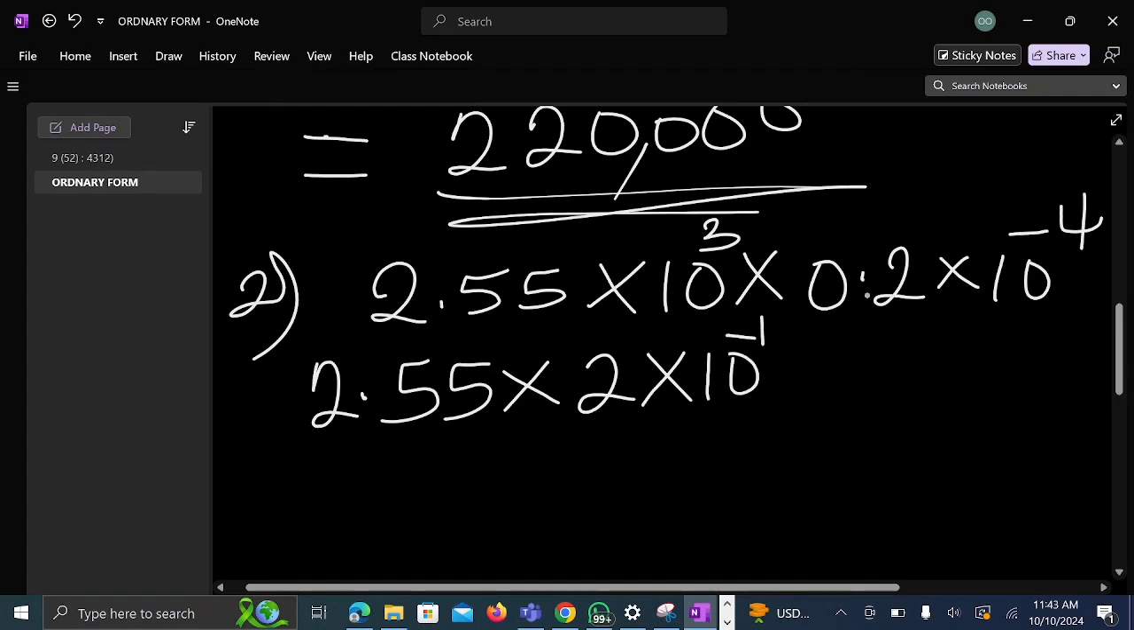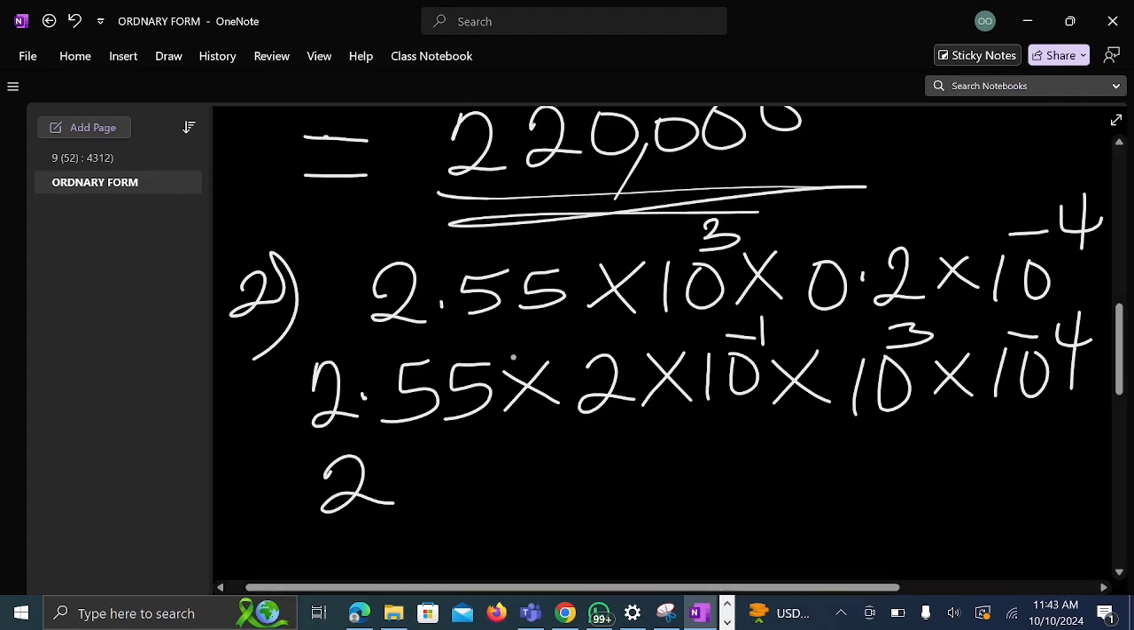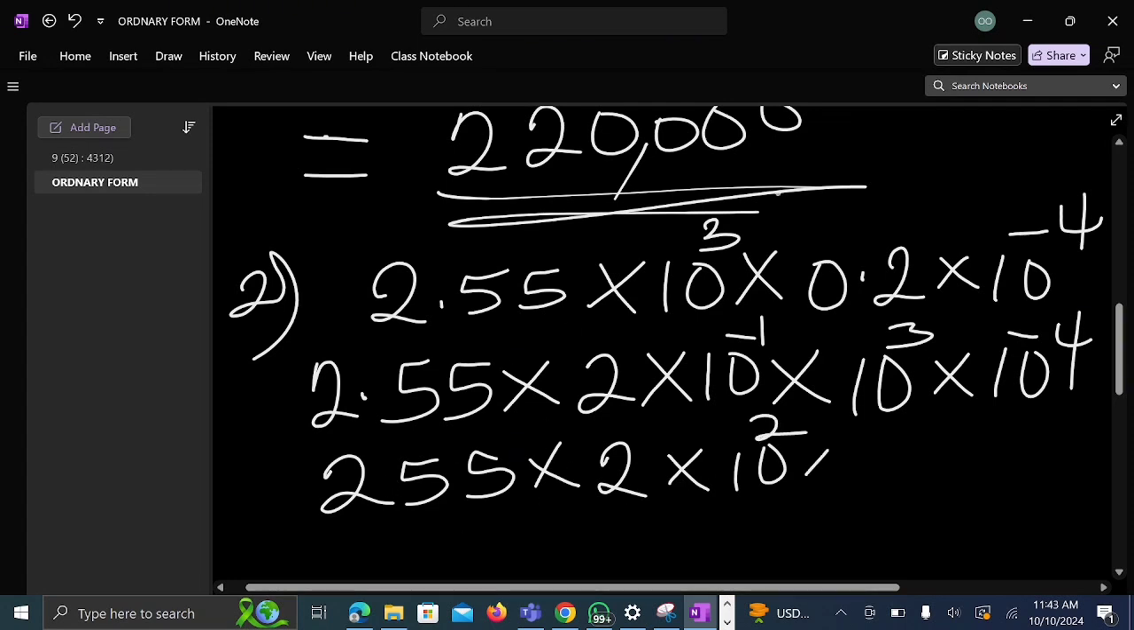Then we have, now bring out the powers, times 10 to the power of 3, then times 10 to the power of negative 4. So multiplying 2.55 by 2, you can remove the decimal, which is 2 decimal places. So that will become 255 times 2. I want to remove that decimal place, so that will be times 10 to the power of 2, right? Then times 10 to the power of negative 1 times 10 to the power of 3